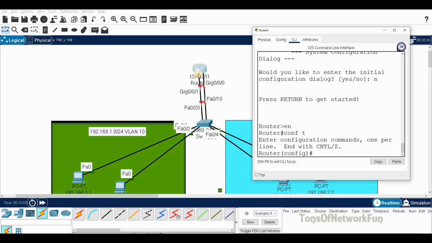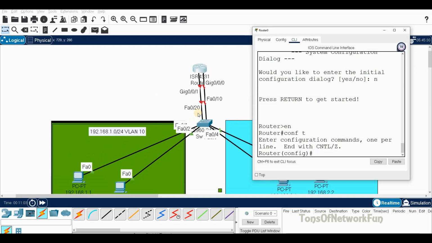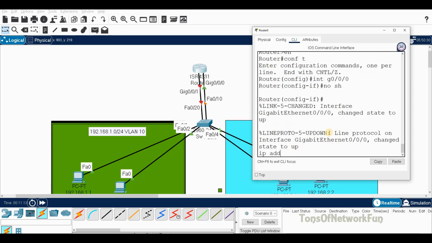We are going to give the G0/0 default address as one from the 1 network, right? So we'll do 192.168.1.100. That will be the default gateway for these PCs, which we are going to configure just some moments later. But right now, let's do interface G0/0, no shut, ip address